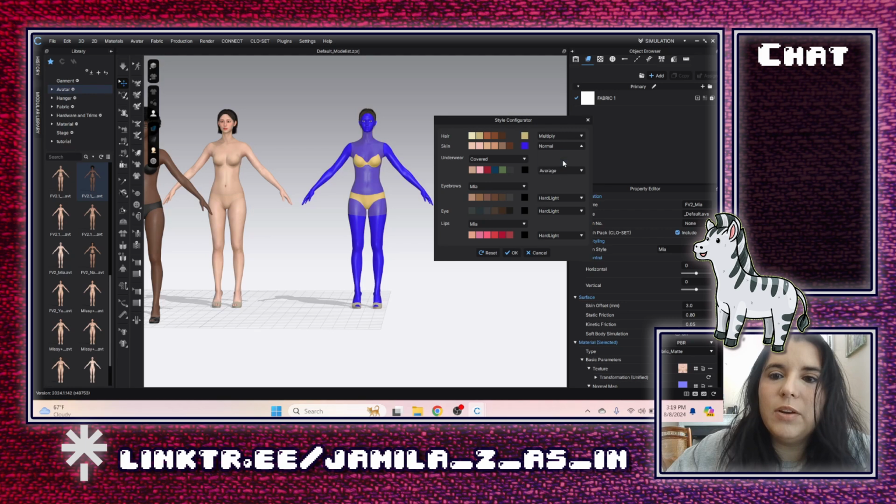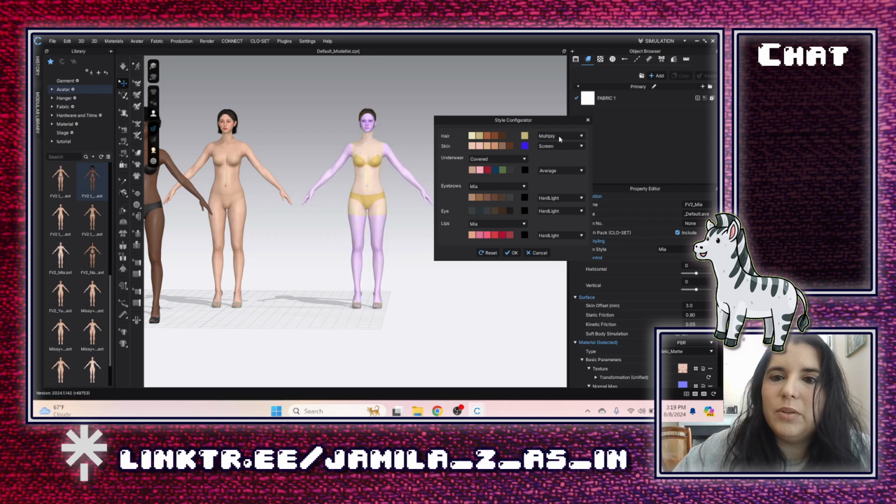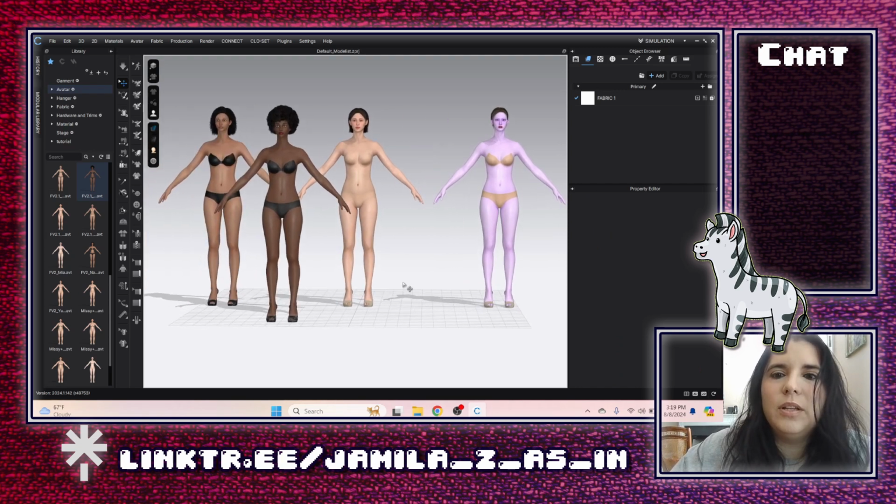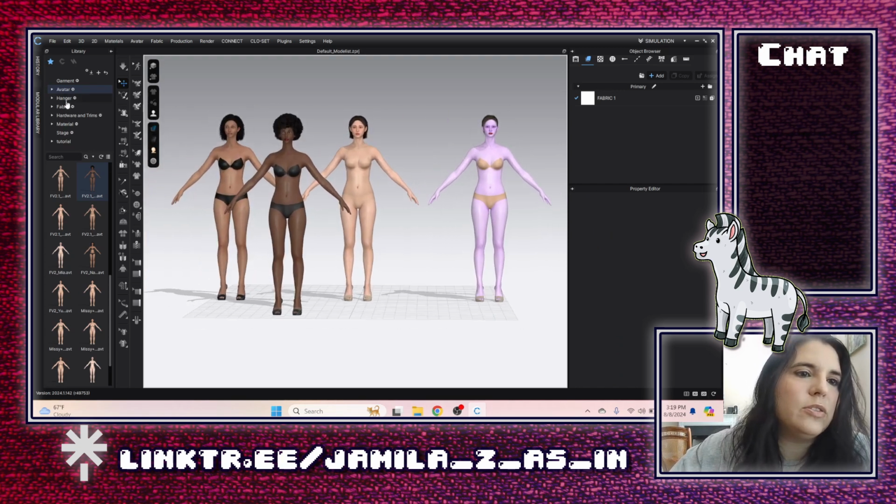So this turns her very blue. This turns her kind of a purplish beigeish blue. Again, very blue. So you just gotta play with all these. And then the hair I already showed, and then the eye colors, they don't make that much difference. And the lip, I mean, if you're gonna change it. Okay, so that's all for that, but I also want to show y'all